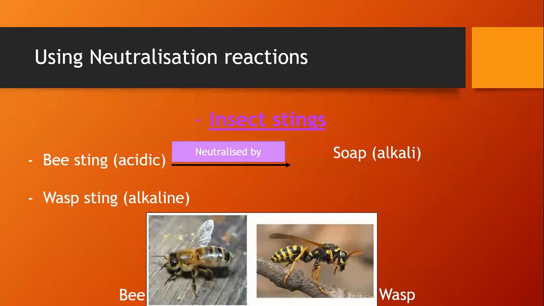Soap contains alkalis, and this way you are going to neutralize the acid that the bee injected into your skin. Okay, and the result will be salt and water, which is neutral and it does not cause any harm to